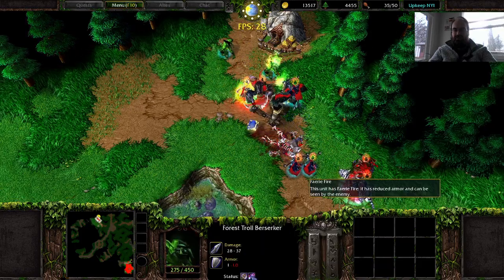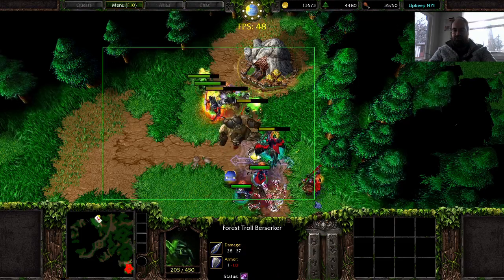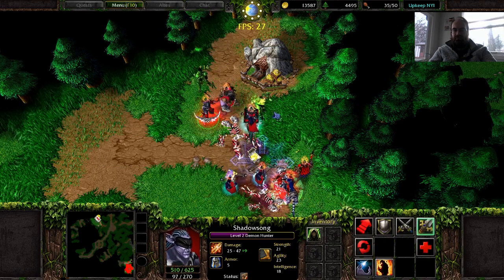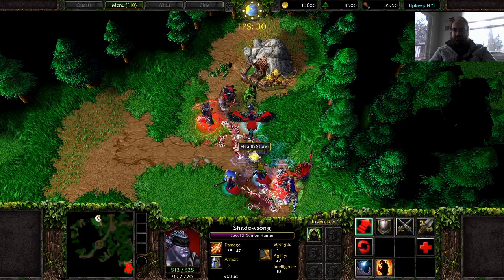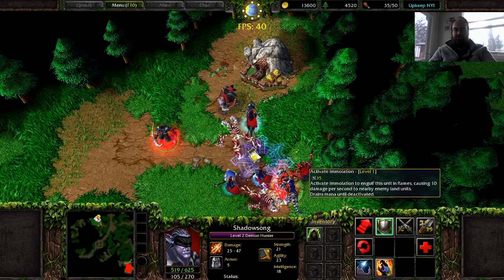Oh, the autocast is working. So you can see we have this auto-casted fairy fire on the enemy troll. So immolation works, but permanent immolation does not. And I think that might be because, again, I was talking about this really cool pull request that I'm playing with right here. The pull request adds a bunch of these JSON-defined abilities.